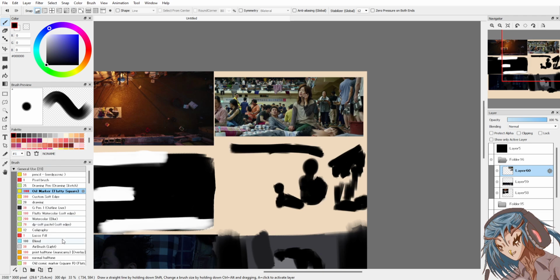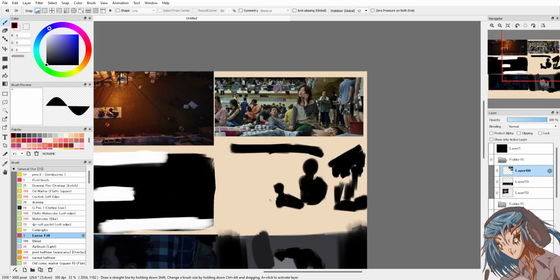Imagine the crowd as a blur. Don't worry about individual people. It's the shape that's important. This character stands out. Put it in white.